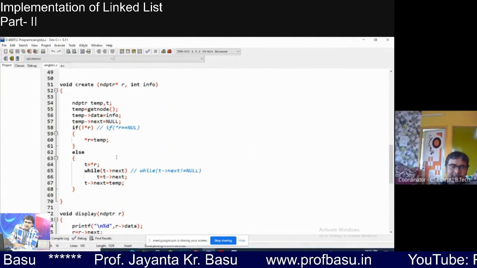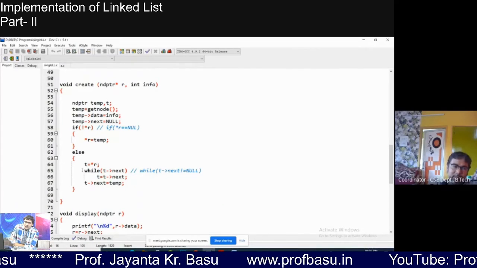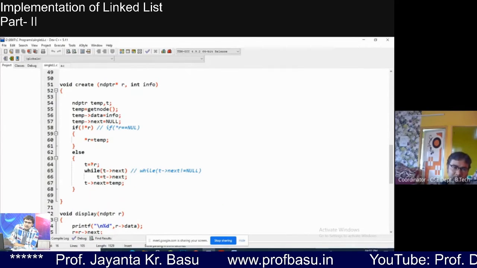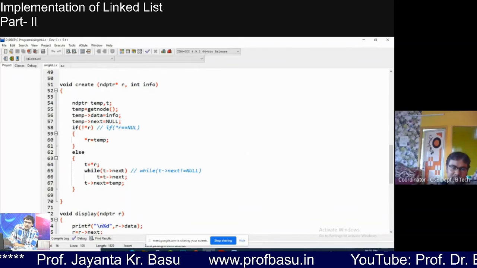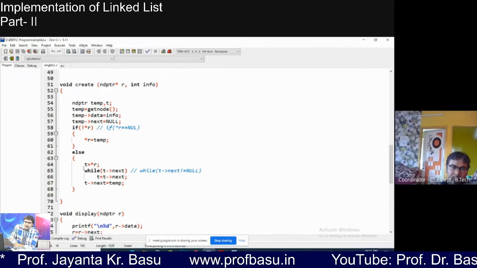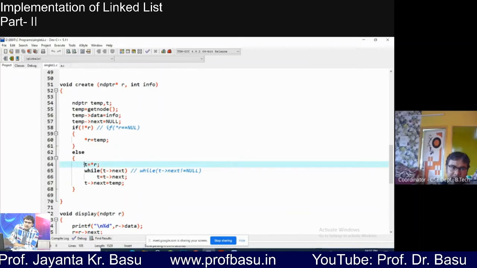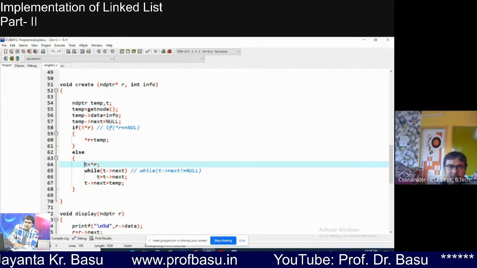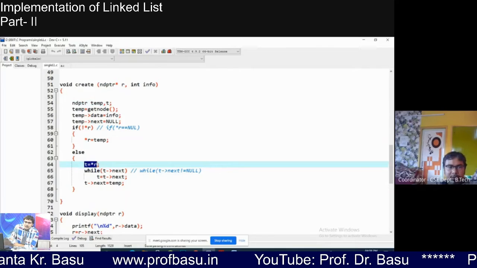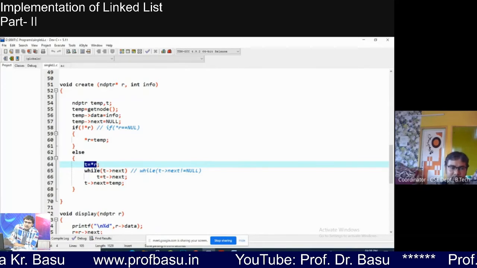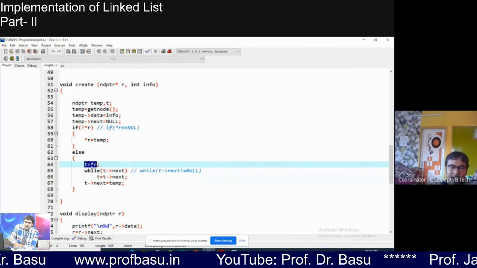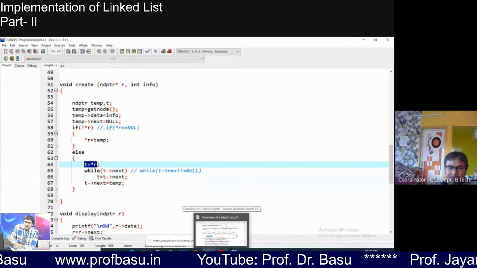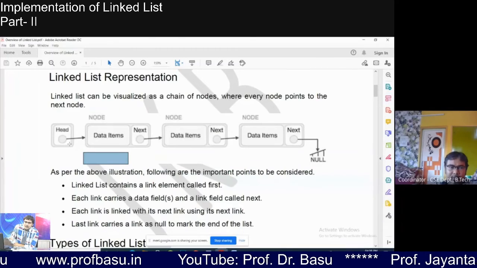Means for the second time onwards, when we add a node, we have to take the help of a loop. Here I have taken a variable t instead of root. Why? Because we cannot move the root. We cannot change the value of the root.